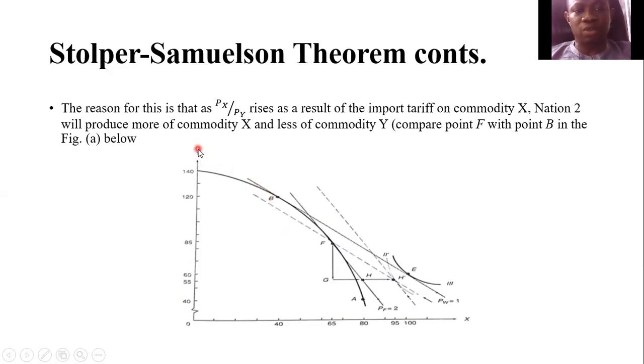That is, commodity Y requires more capital in its production, and commodity X requires more labor in its production. Because the nation is capital endowed, it produces at point B, which uses more capital. But as a result of the imposition of tariff,